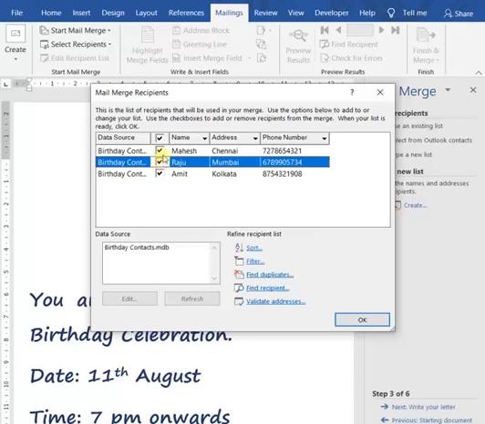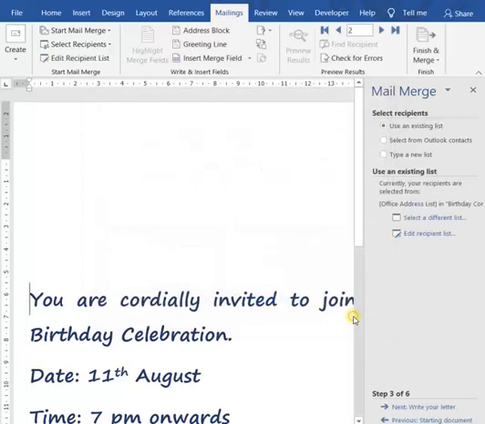That is, whichever contacts we want, we'll put a check mark on those boxes. Now the data source you can see here, it is saved as birthdaycontacts.mdb. So the extension you can see, it is also known as .mdb. Now you can click on OK.